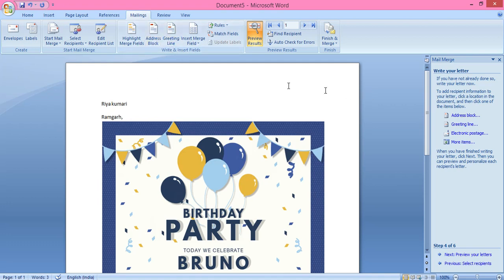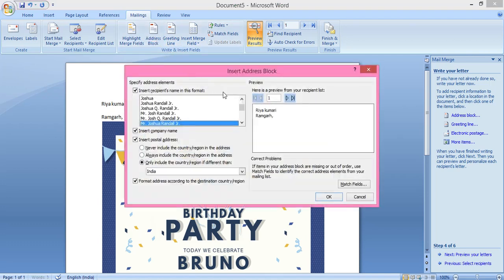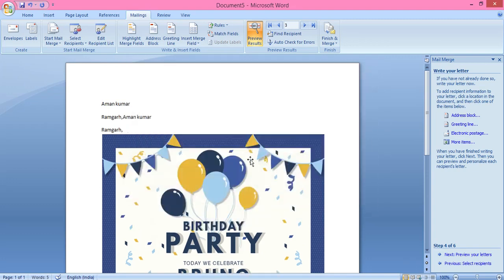Then again the address block for the next one, Jia Sinha. For the next, Aman Kumar. And if you want the 3 we have given, then click OK.